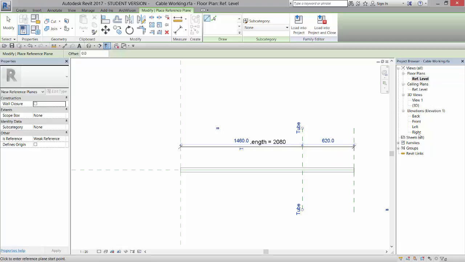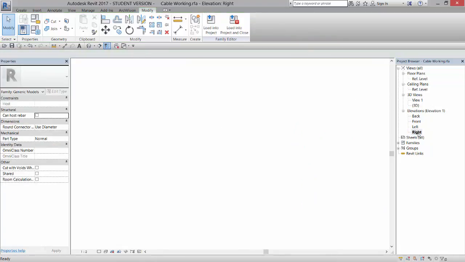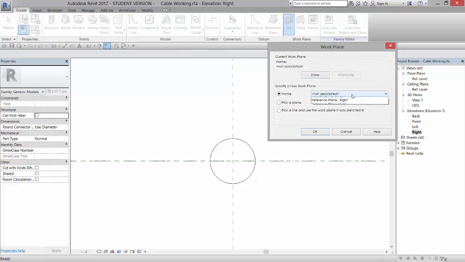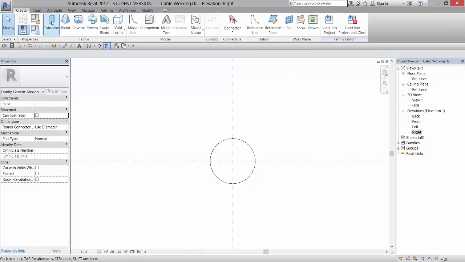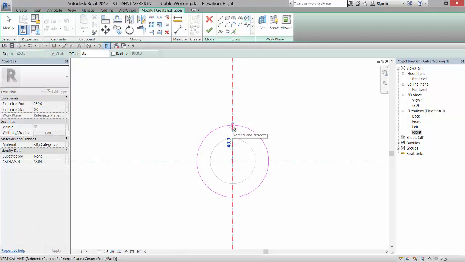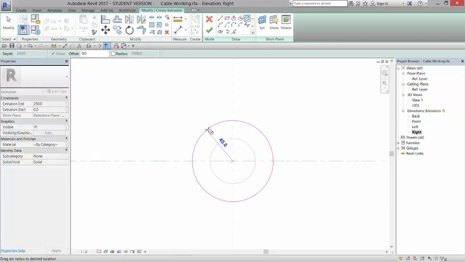So I'm going to go to my right elevation, and I'm going to go to Create, and I'm going to set that reference plane that I just made as the current working plane by going to Set, Name, and picking that reference plane. So now it's going to draw on that reference plane. So I'm going to click OK. I'm going to go to Extrusion again, and I'm going to create a circle that's going to control the size of that tube. So I'm just going to left click right over here, and I'm going to go to Modify